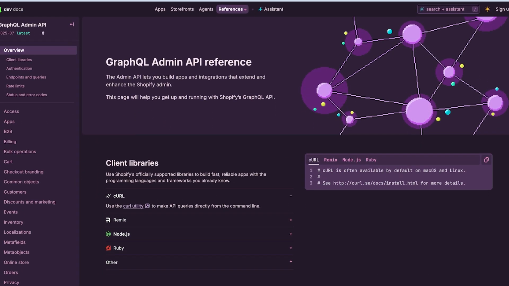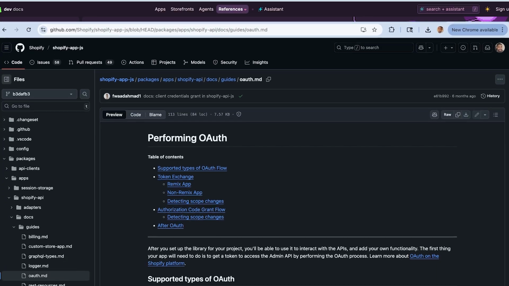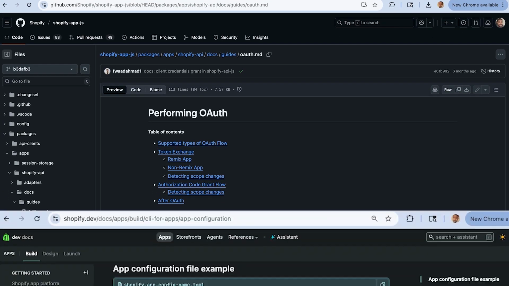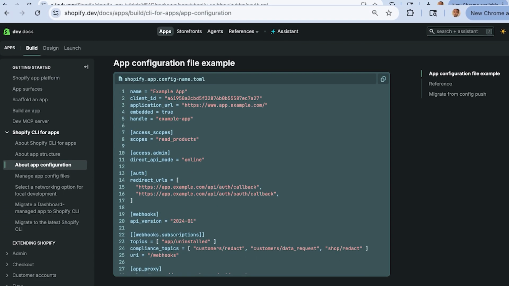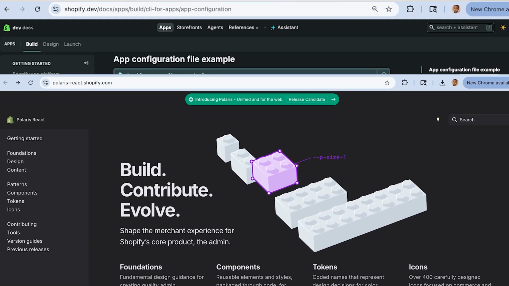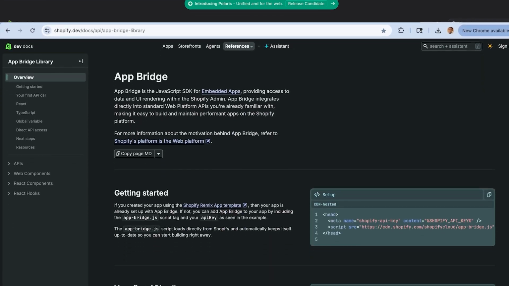So this is something that's always going to happen eventually because when you're doing Shopify app development, there's just too much stuff that you have to know that you have to include in your app. There's so many things to keep track of, like using the Shopify GraphQL API, properly implementing Shopify OAuth protocol for security, understanding how to use the Shopify TOML files properly with the Shopify CLI, using Shopify Polaris, using Shopify App Bridge, as well as all of the documentation for whatever framework or programming language you're using to build the app in the first place. It's a lot of stuff to keep track of.